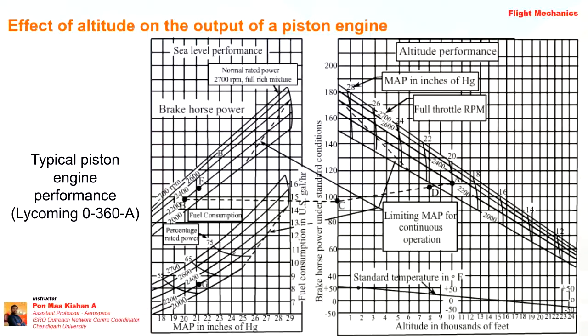Right. So A is marked in altitude performance. So now we are connecting the point C and A with the dotted line we have connected. Okay. So now we are going to see the altitude. So our requested altitude is 8000 feet. Okay. So it is given in thousands of feet. So kindly note it down.